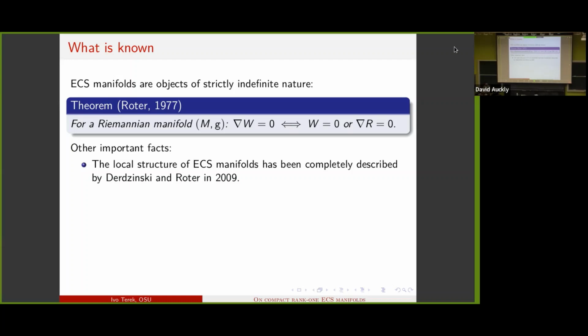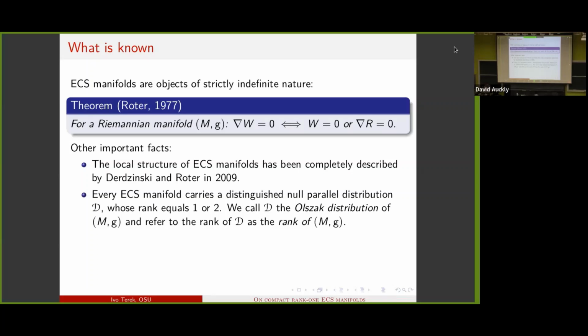So other important facts we have about this. The local structure of such manifolds has been described already by Derdziński and Roter in 2009. And this local structure is actually better phrased in terms of a certain null parallel distribution your manifold carries. Every ECS manifold has a distinguished null parallel distribution whose rank is always equal to 1 or 2. So we'll refer to the rank of your ECS manifold as being the rank of this distribution. It's always 1 or 2. We'll be focusing on rank 1 today because rank 2 is scary. Let me just put it like this. Okay? And also,